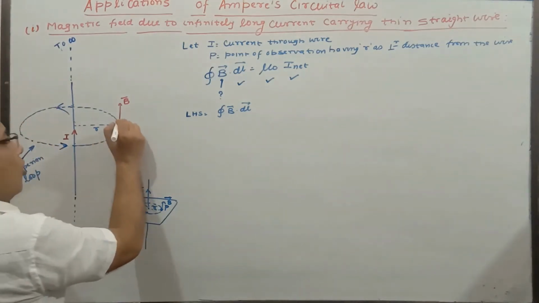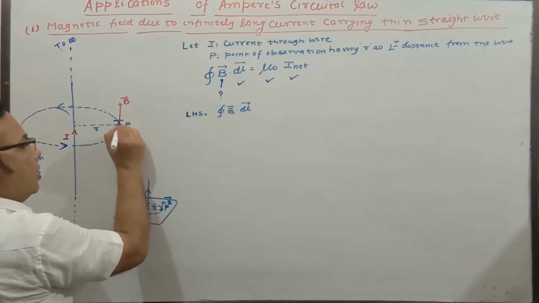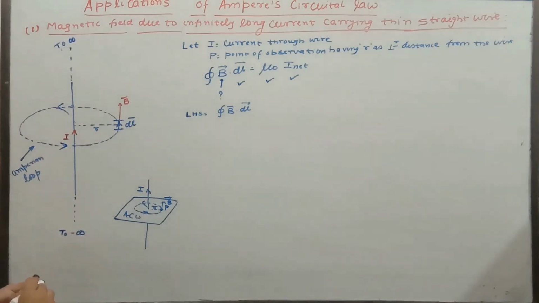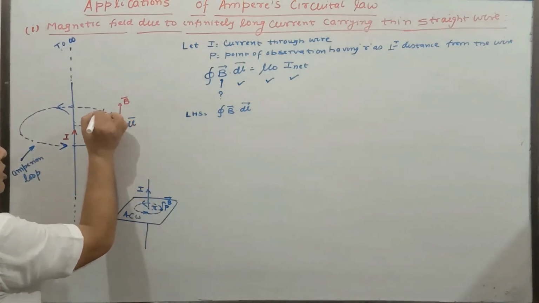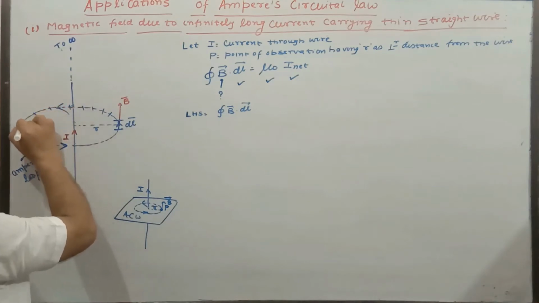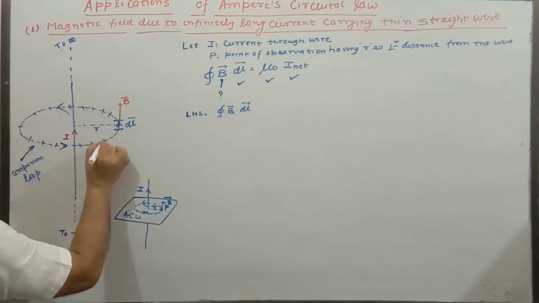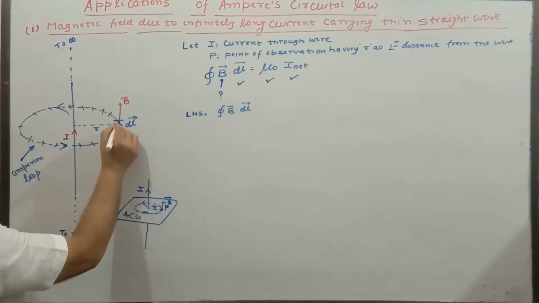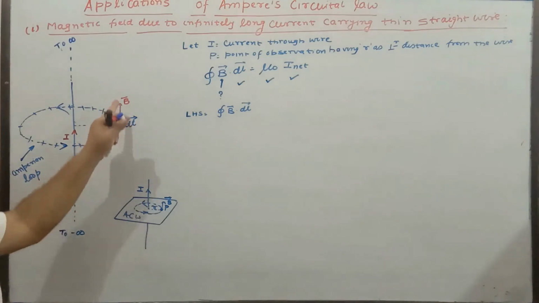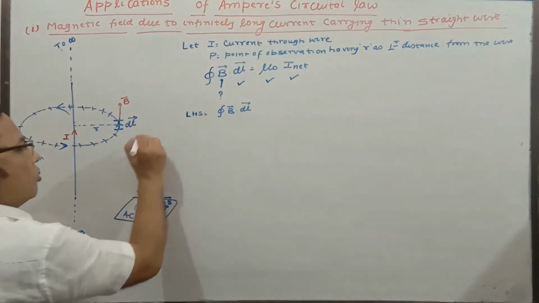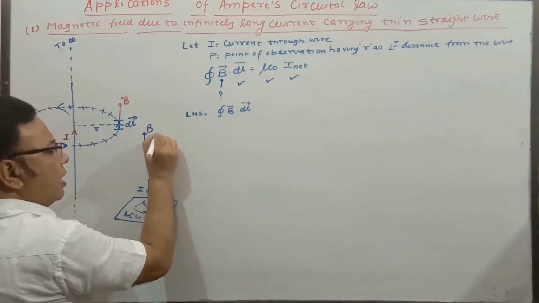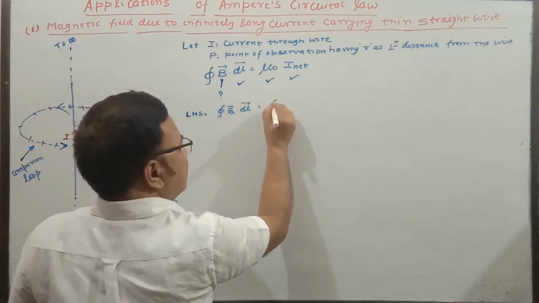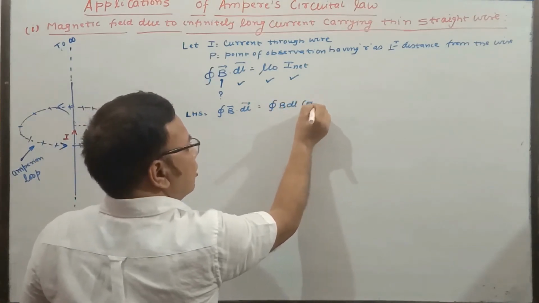So dl is also taken in this direction, from here to here. This is also the dl. So what we see is that dl and B are in the same direction. Why is dl in the same direction? We are going to divide this particular loop into a number of such different elements. So one such element dl is taken and this dl is in this direction, so it is tangential to the curve. So this is the direction of dl and the same is the direction of B. So the direction of B and the direction of dl make an angle of 0 degrees. So we can say this is equal to the integral of B dl cos 0 degrees.